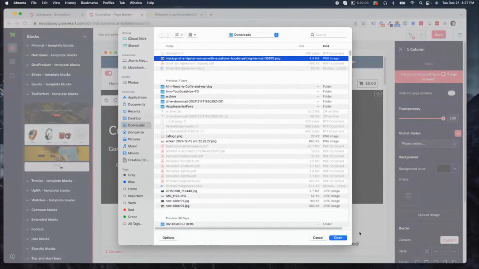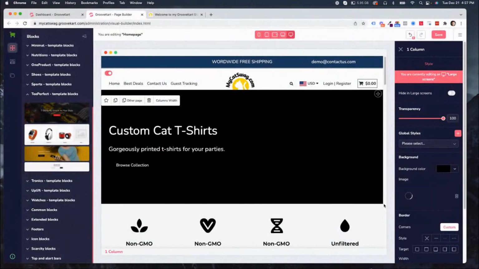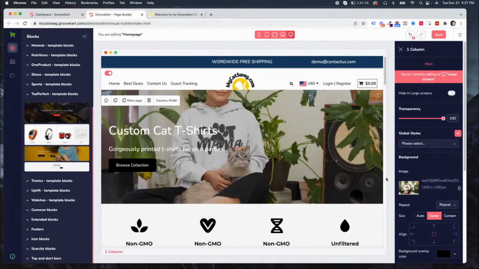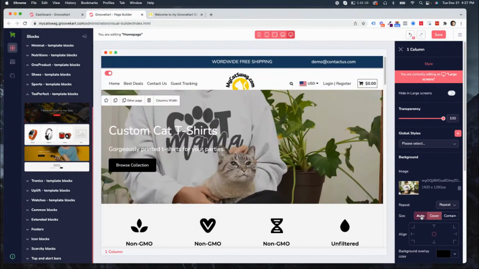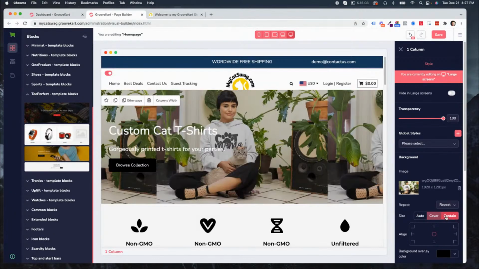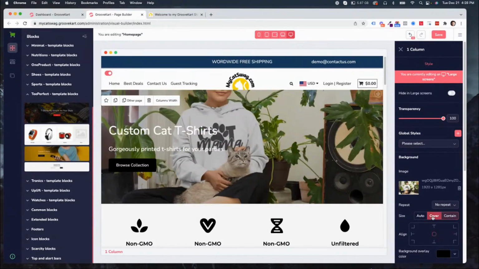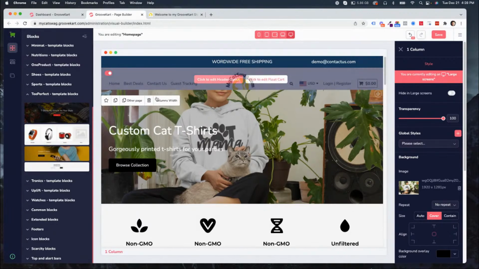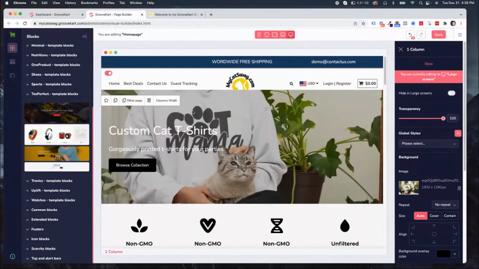It's going to upload the image. So you can see it starts running. And once the image loads up, which hopefully is not going to be as big because it's 4.4 megabytes, if not, we probably have to edit it. Actually, it is loading. So right there, we are going to make sure that we cover or contain. Actually, contain was perfect. We're going to say no repeat, maybe cover, and probably we can make it a little bit larger. So as you can see, when you're changing the image on the header,